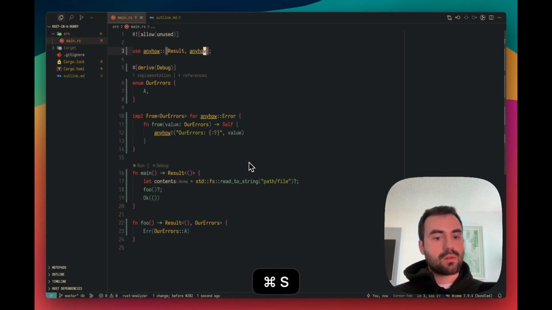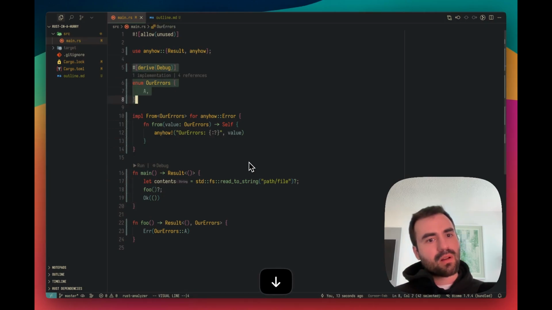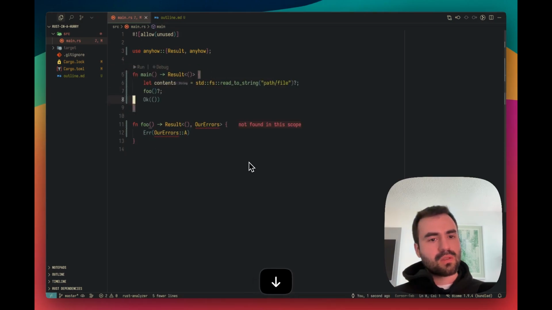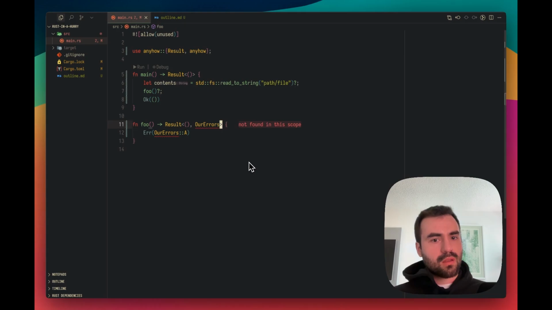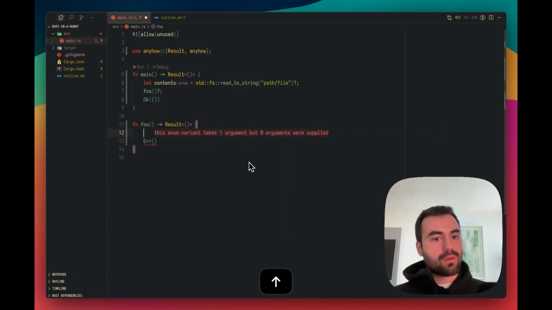This is the macro. It also exposes much more stuff. Now, if we just do foo and the question mark, it works. And if we don't even want to have our own custom error because it doesn't make sense, we can just instead return from foo directly an anyhow error. So if we do let error and just do the macro that I showed and do this is an error,